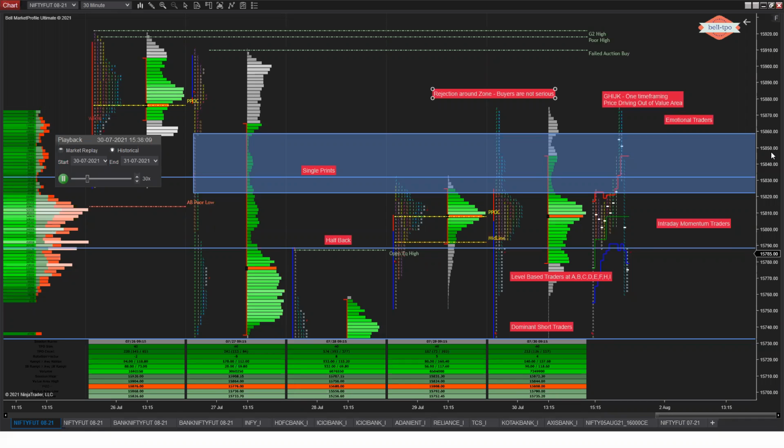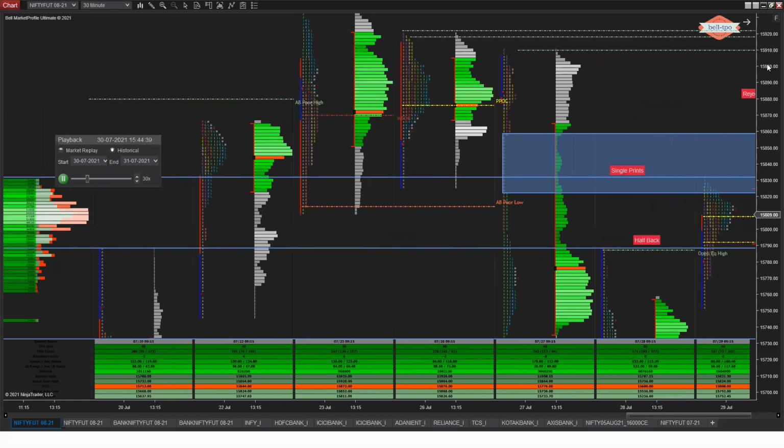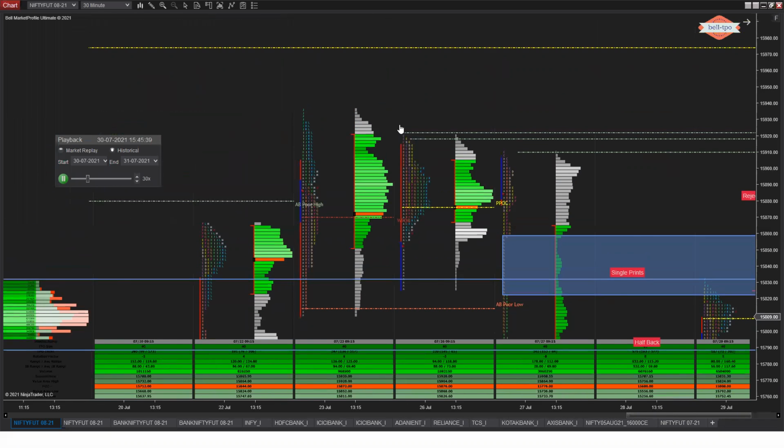But at the same time, this is from an intraday perspective. From a positional perspective, how we can see the momentum. There are different ways to look into the momentum, but right now, let me explain the context which is going on. If I track from the past, from here,